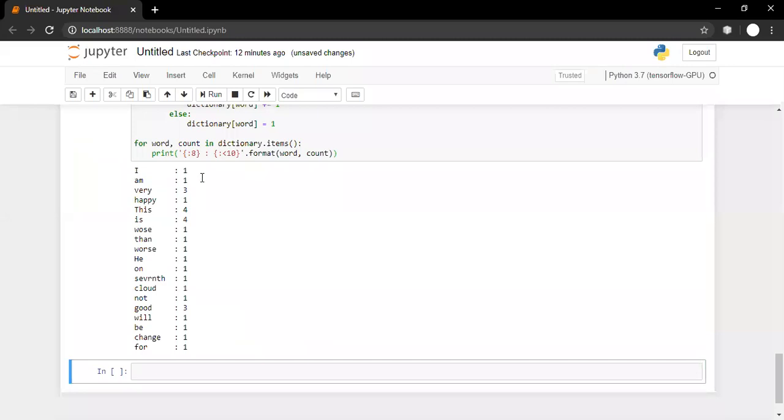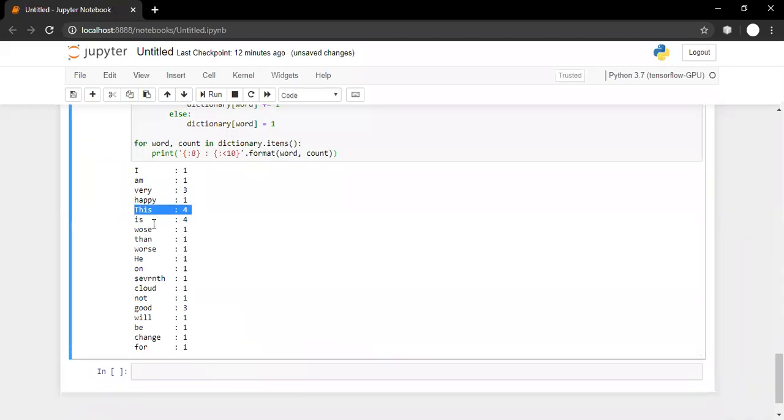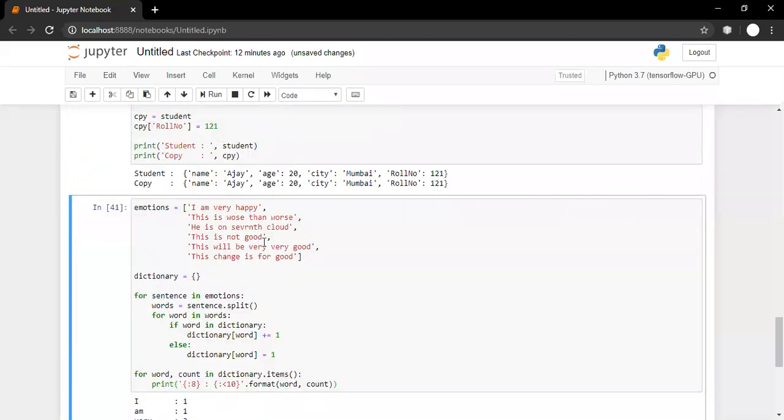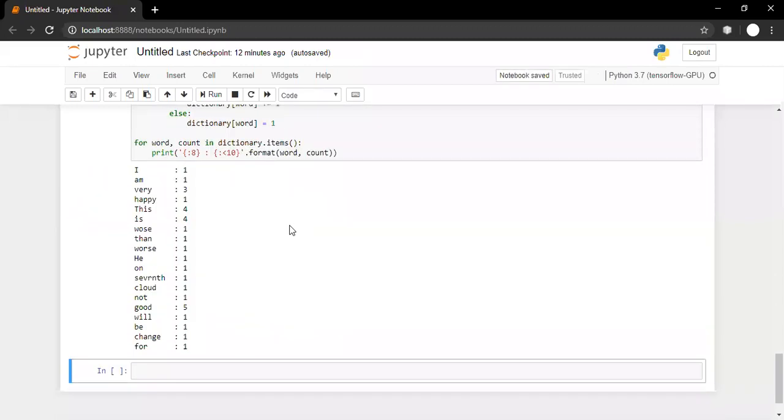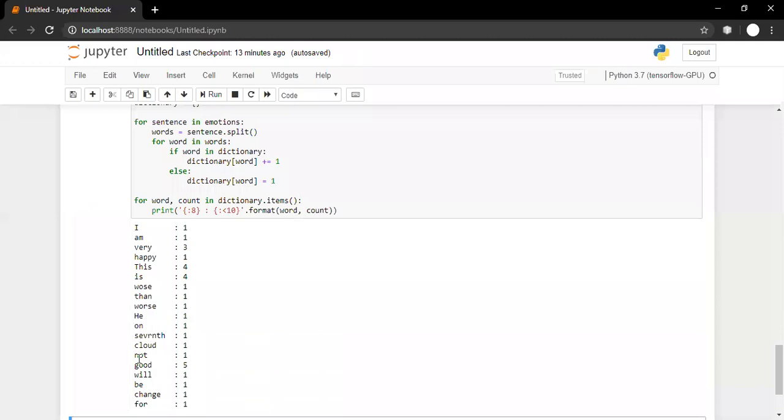So I appeared once, this word appeared 4 times, is appeared 4 times, then good appeared 3 times. So let us, okay, this is not good. I'm increasing the count of good by 2, one more, and let us check whether it is reflected or not. The word good appeared 5 times.